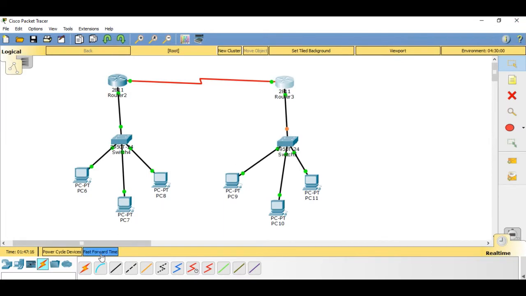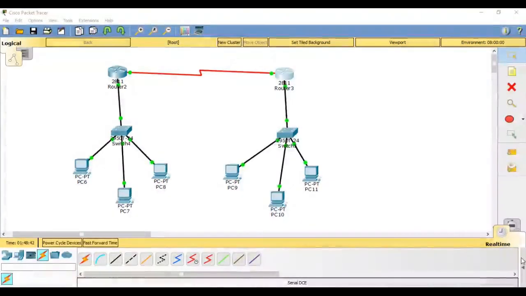If you see, fast forward time, now this link is also green and these both links are also green, which means that we configured the fast Ethernet 0/0 with the help of which it is turned green. And here we configured the serial 0/3/0, so these links are all up. So here routers have been configured and connected to the network. Move on to the next step.